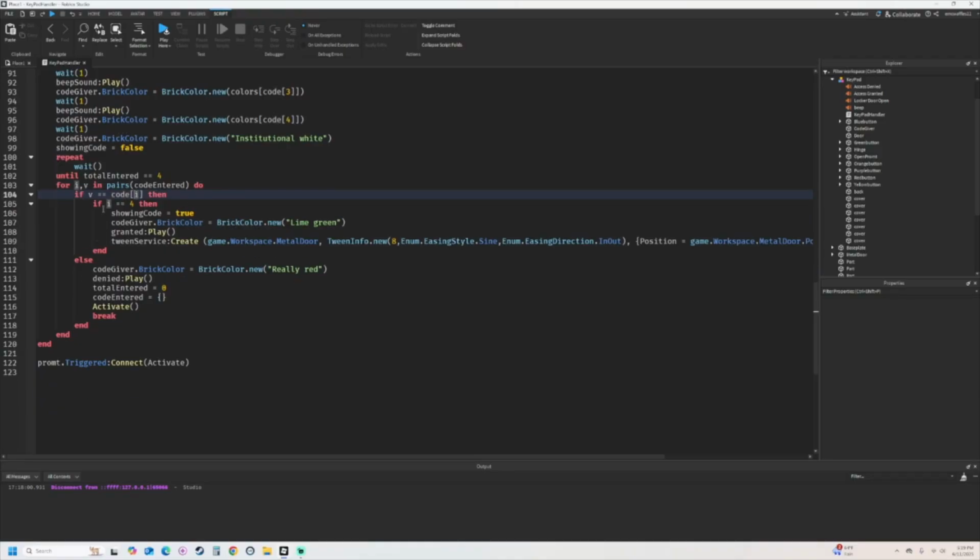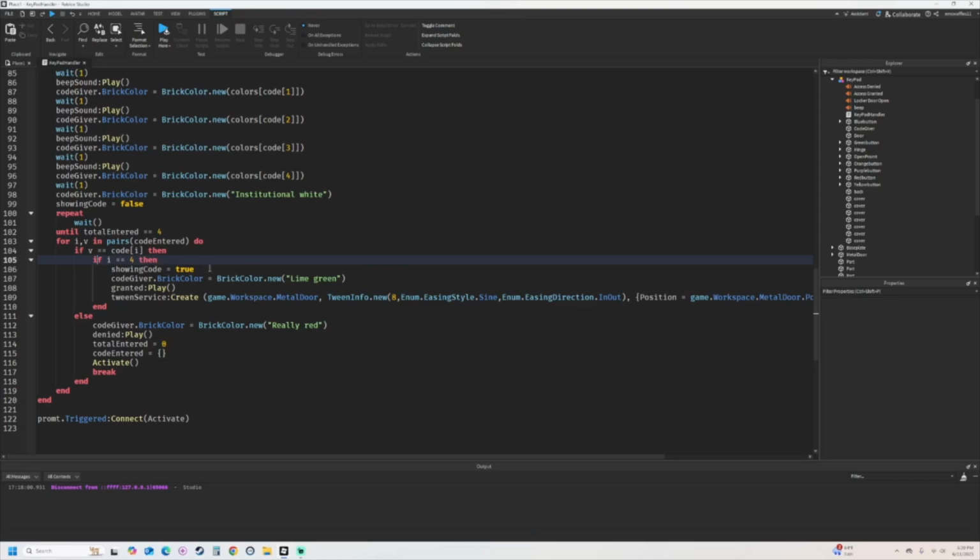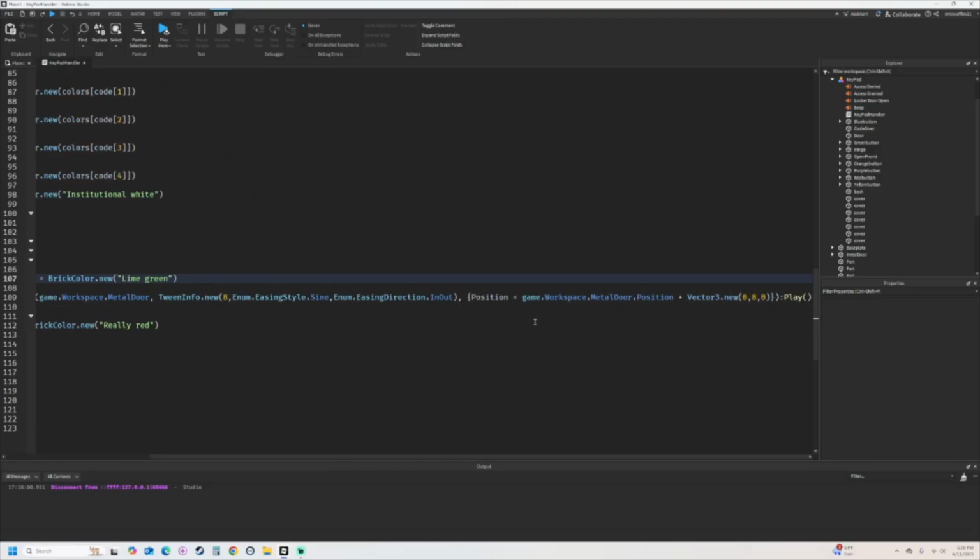And then if it's not, it will just deny you. It'll just say red, basically. So if it's not all right, then it's just access denied or whatever, and it will break the loop. But if the code entered reaches 4, or it loops through this 4 times or whatever, then it will say that it's right, and then basically it will grant you,